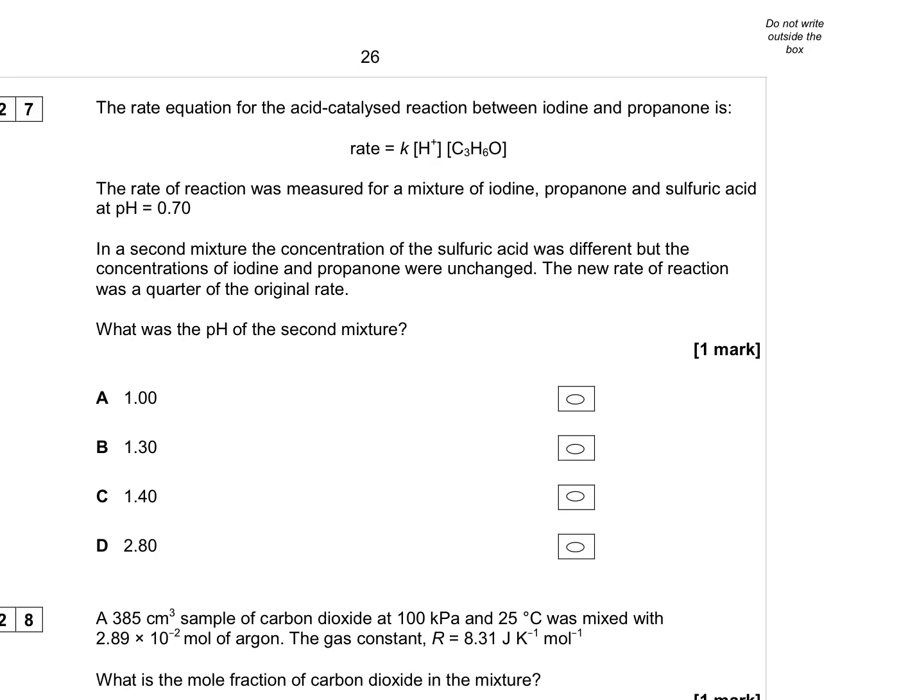So this next question is about rates, and it's given us a rate equation and said the rate was measured when the pH was 7. So if the pH is 7, then we can work out what the hydrogen ion concentration is. So that's going to be 10 to the minus 0.7. And then